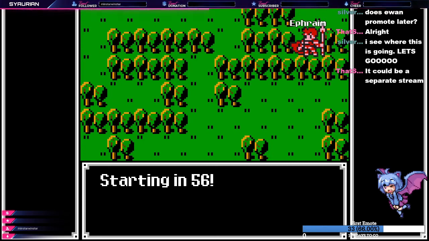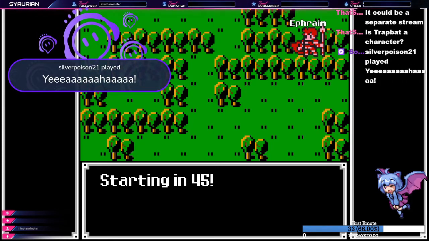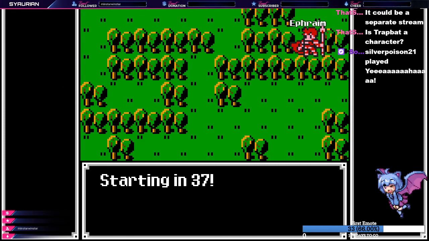Anyways, the command is !S, and then space. If you want to support the blue team, you'll put a 1. If you want to support the red team, you'll put a 2. Space, and then a number between 0, 1, or 2. So I'll support the blue team. If you do !S,